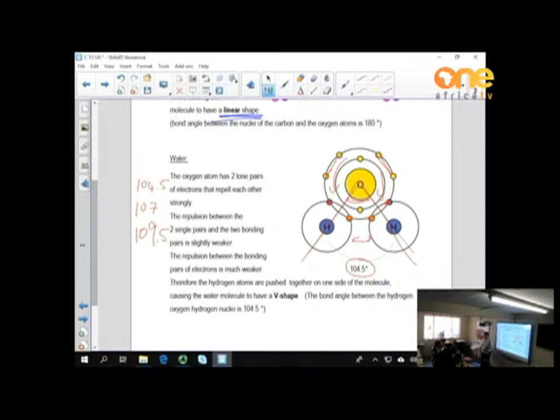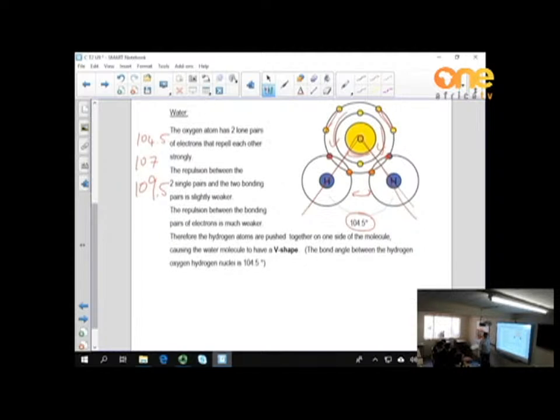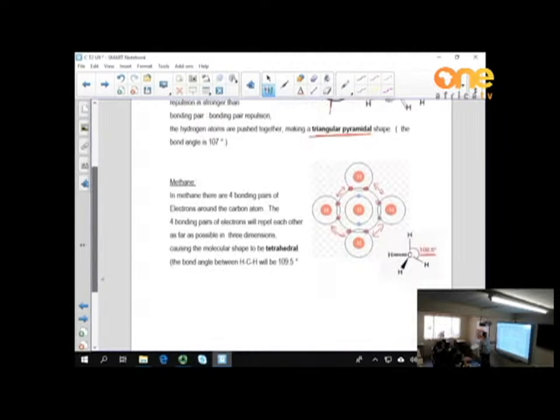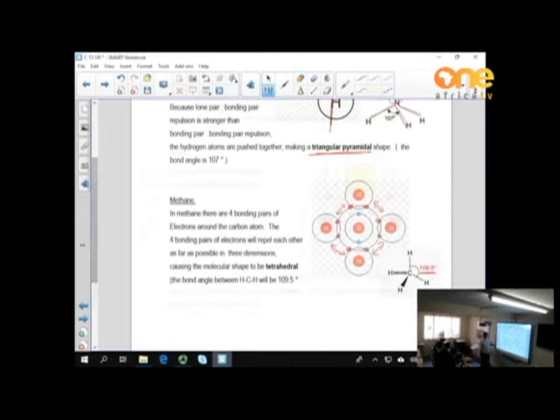Methane only has bonding pairs which repel each other equally weakly in all directions, while in the ammonia molecule there is one lone pair that repels the bonding pairs fairly strongly away. All right. So you need to try and remember the size of the bond angle. Okay,